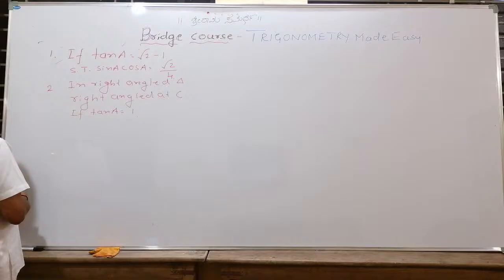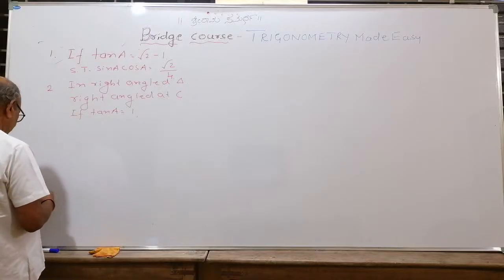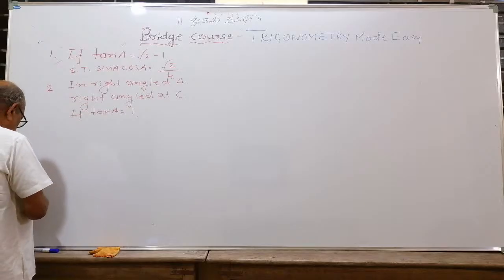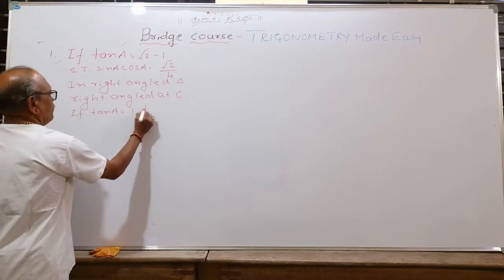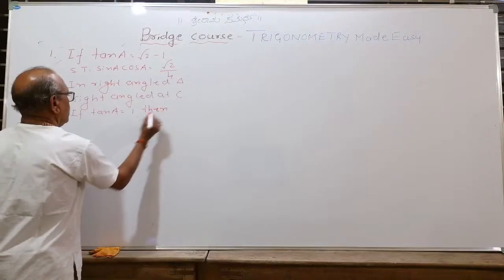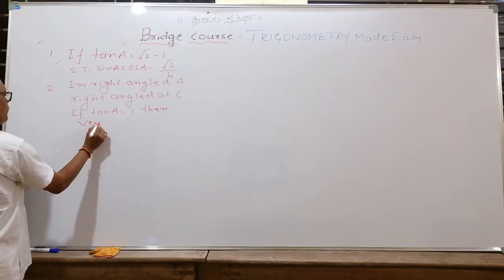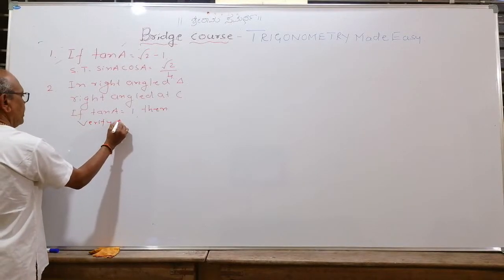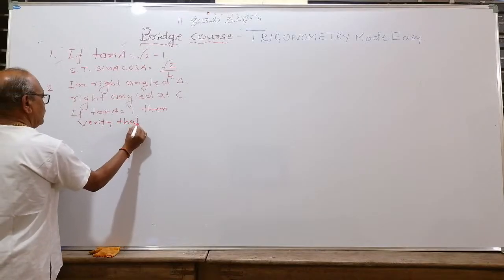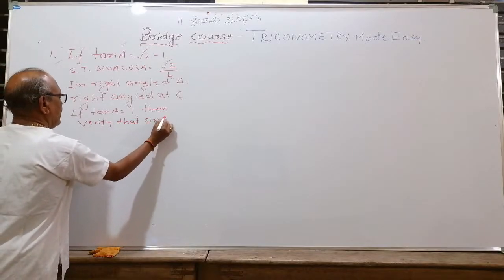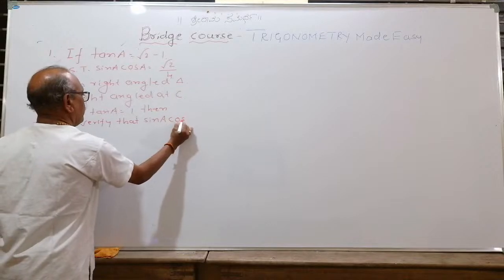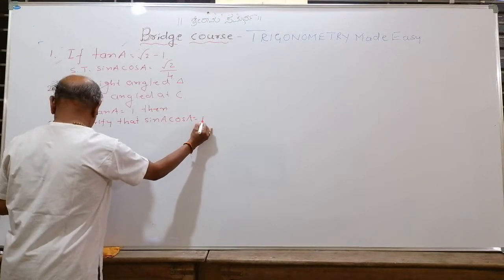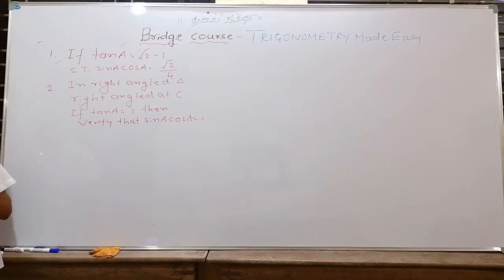Then verify that 2 sin A into cos A is equal to 1. If tan A is equal to 1, then verify that. If you have not tried it, I'll write all the questions. Verify that sin A into cos A is equal to 1. Third question was, in a right angle triangle, right angle at C,